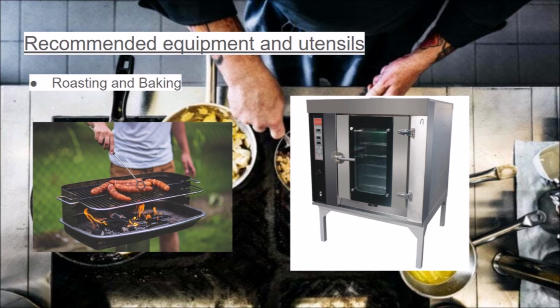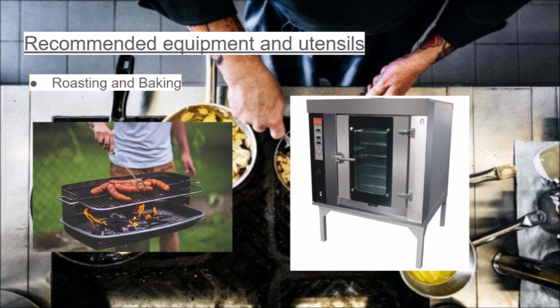For each method of cooking, we can recommend certain equipment and utensils that make it easy to cook the products. For example, for roasting and baking. In case of roasting, you can roast in a charcoal grill or an electric grill or even use an oven. Usually, we suggest a convection oven. For baking, traditionally any kind of oven that you have is used, but the convection types keep air flowing so you can end with a more